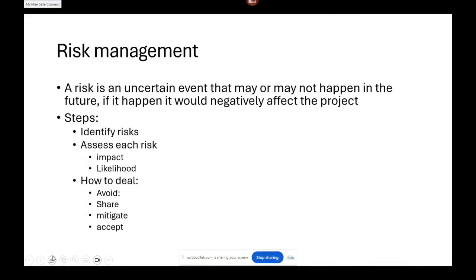The last thing we want to talk about is risk management. What is risk? Risk is an uncertain event that might happen or may not happen in the future. But if it happens, it would negatively affect the project outcome, and it usually leads to loss in time, money, or the quality of a software process. You, as a project manager, you have to identify risks from